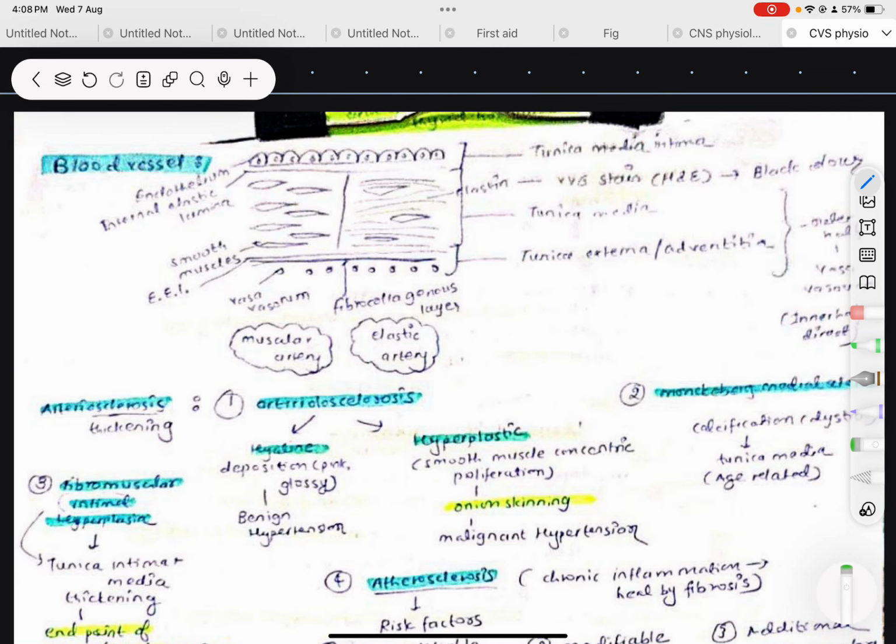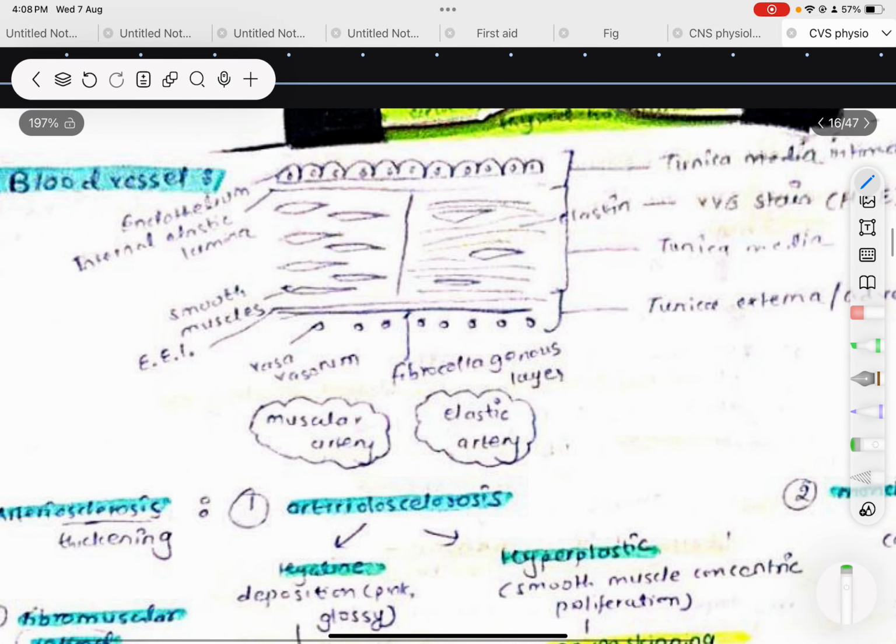Hey guys, in this video I'm going to cover the pathology part of the blood vessel. So let's see first the structure of the blood vessel. Blood vessels have this endothelial lining. After endothelial lining there is internal elastic lamina,